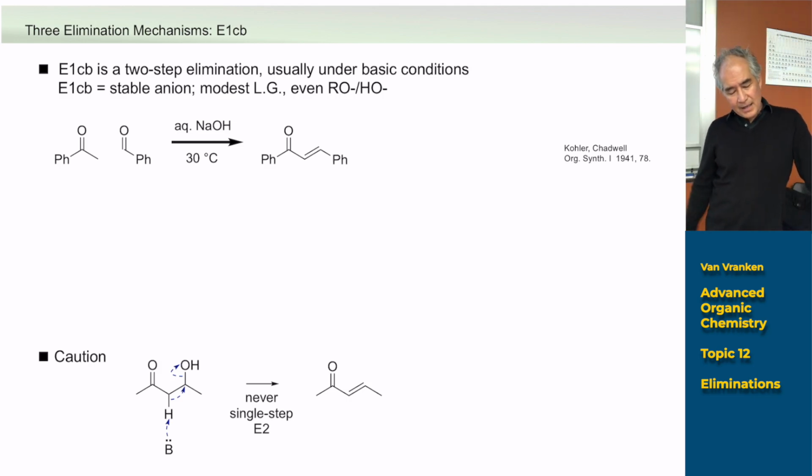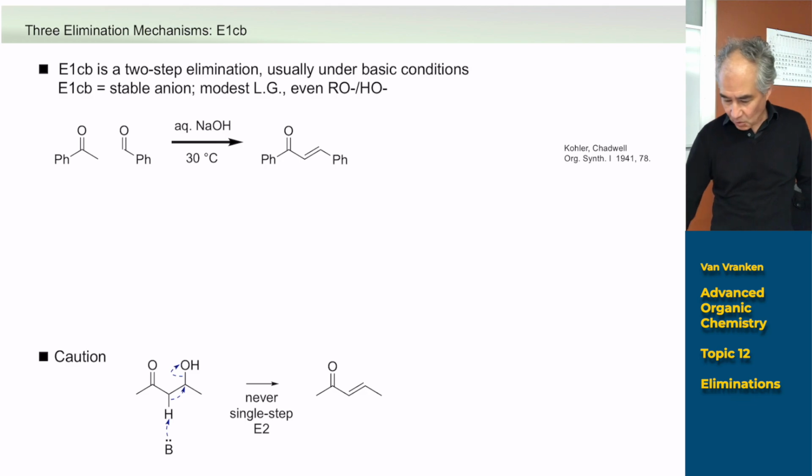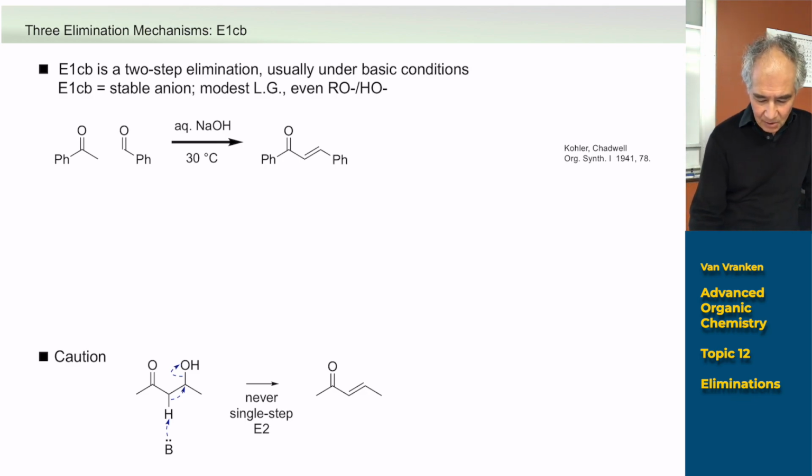Okay, so I mentioned already that the E1 conjugate base elimination mechanism is usually first introduced when you talk about aldol processes at the end of the year here. It's in our typical course. And so let's go ahead and draw out a partial mechanism for the aldol reaction, the aldol condensation reaction. You should have done this reaction in the labs here, an aldol condensation, if you took the chemistry 51C laboratory sequence. I'm not going to draw all the initial steps out, but you might remember that in an aldol reaction,